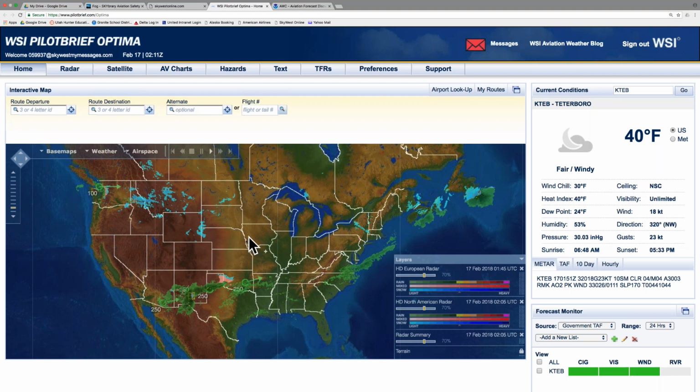Like SkyWest has kind of made the Aspen flight our bread and butter. We definitely conduct the most flights out of any airline into Aspen, and so we're kind of the resident experts. Air traffic control, during their briefs, will actually ask the SkyWest representative about conditions in Aspen and things to look out for, just because of how often we work those Aspen flights during the winter especially.